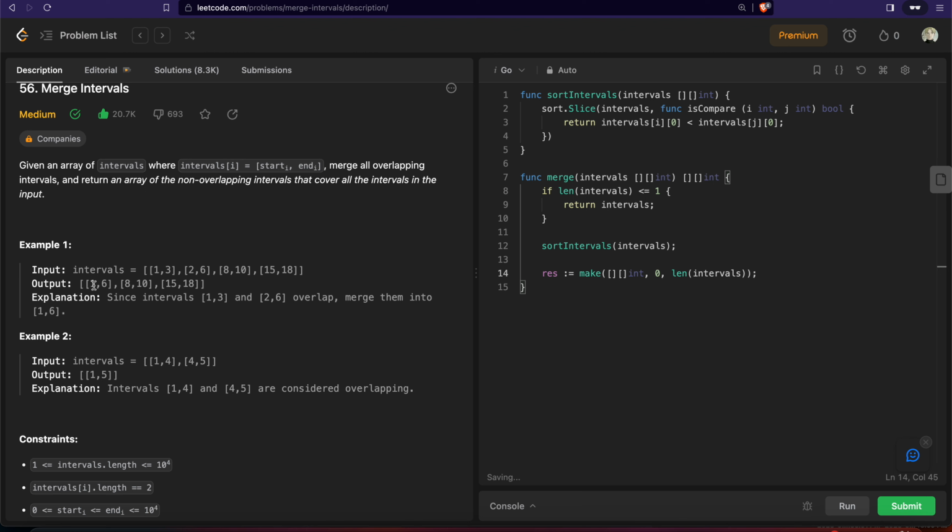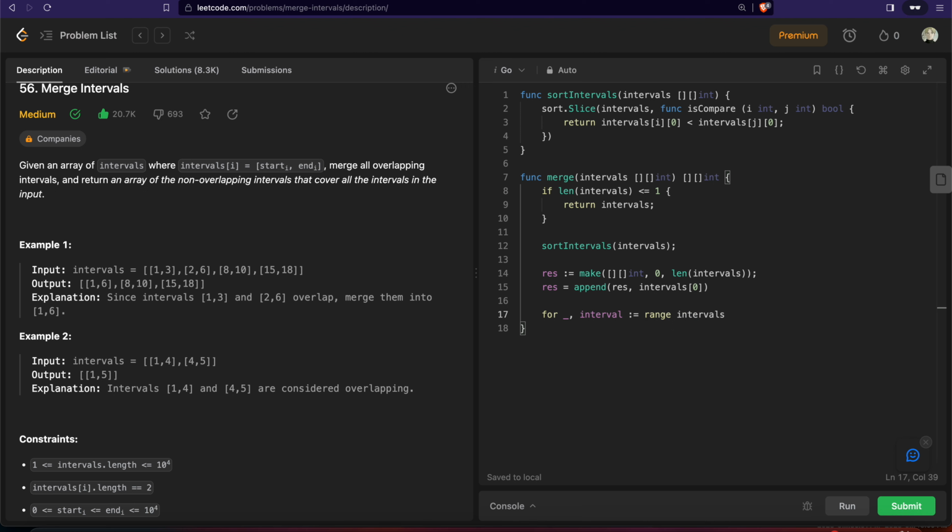Because our resultant intervals length cannot exceed the original intervals length. Now we'll append the first interval to our resultant array, and then we will traverse the intervals range,